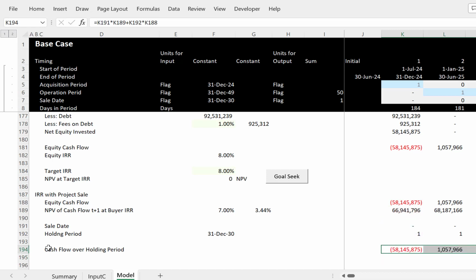Okay, and then what's going to happen is because the discount rate is lower than our 8%, the IRR over the holding period